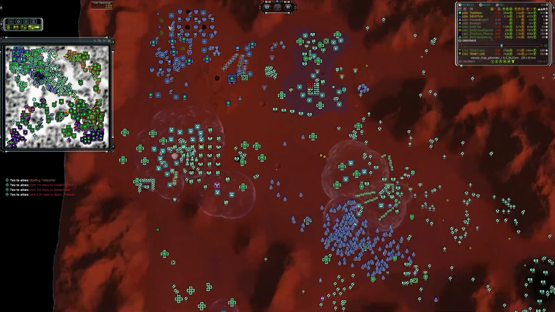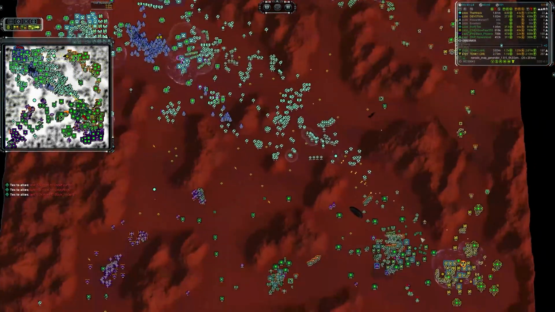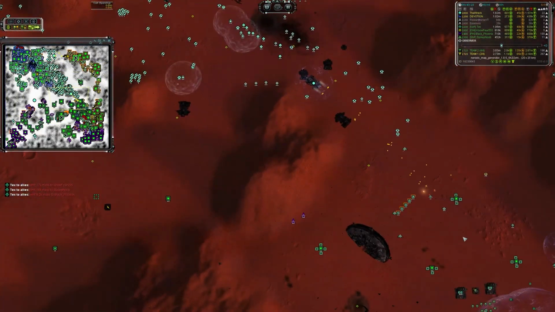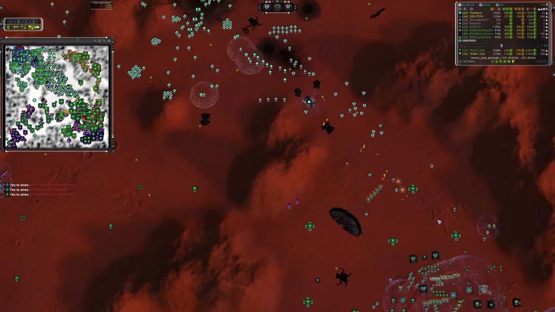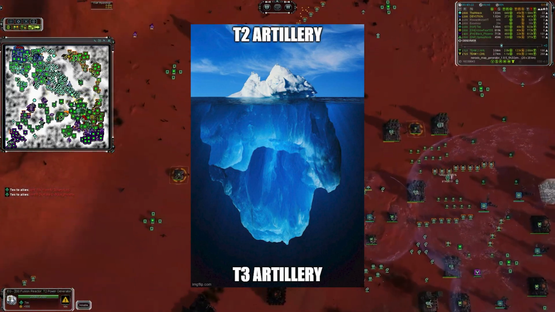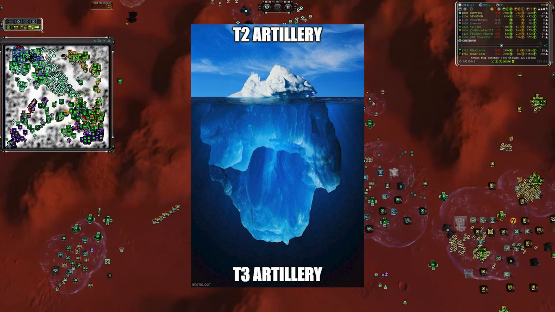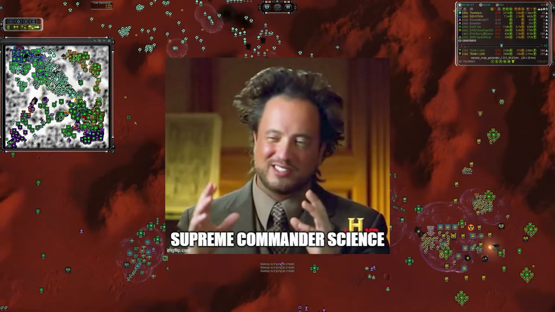A long time ago, we looked at Tech 2 artillery, accuracy, damage levels, etc. And today we're gonna look at Tech 3 artillery, but we're gonna go deeper. Way below the waves into the FAF mechanics using the 2 years of science videos that I painstakingly put together